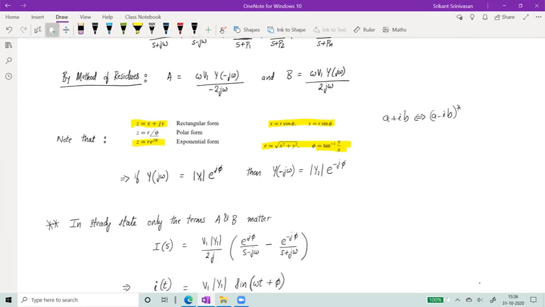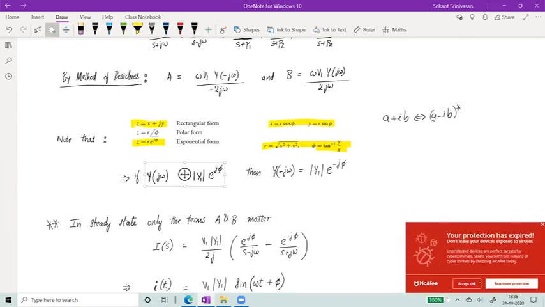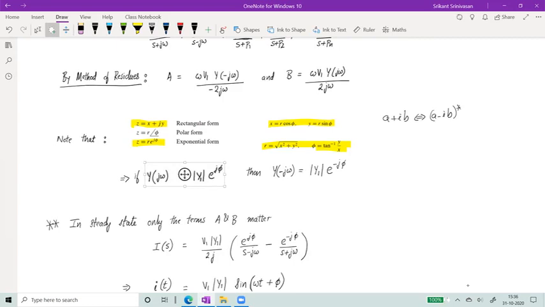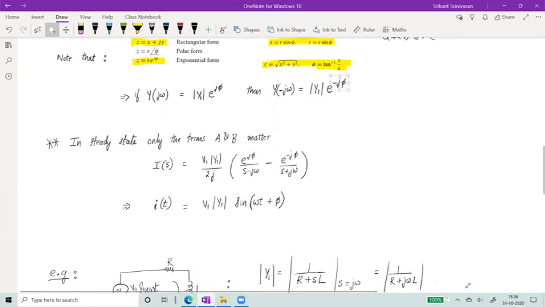And because I know this formula for complex conjugates, I know that if y of j omega is given by y1 into e power j phi, then y of minus j omega has the same magnitude, but the phase is with a minus sign. So it's just reversed. So it's the complex conjugate. And in case you don't know why, it's very straightforward. If I replace x plus jy with x minus jy, then this tan inverse term will become tan inverse of minus y by x. And therefore tan inverse of minus something is minus tan inverse of the same thing. And so that minus sign comes out. So it's as simple as that.